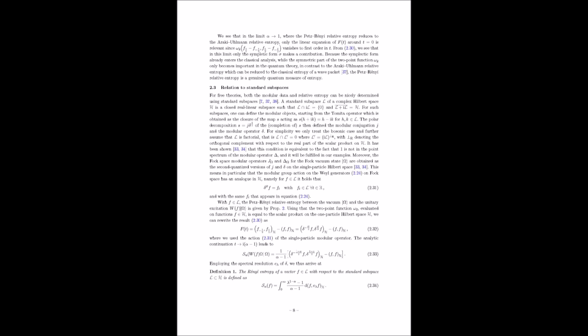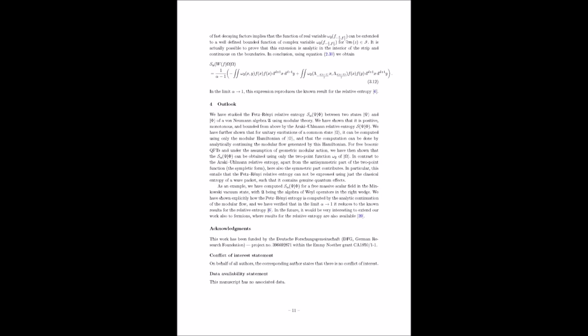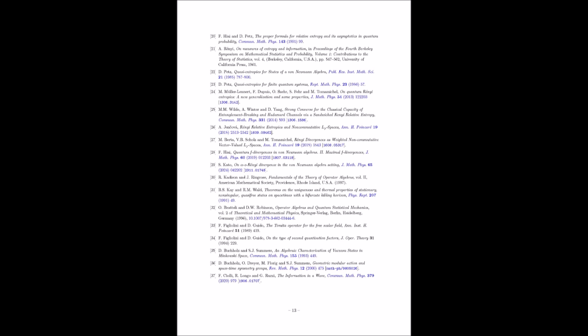The next crucial step is proving that Petz-Rényi relative entropy is always non-negative. Non-negative. And this is where convexity comes in. Convexity. I remember that from calculus. How does it apply here? So a convex function always curves upwards. Right. Equation 2.10 shows that a certain function related to the entropy has a second derivative that's less than or equal to 0. And that's actually the definition of a concave function, which is basically the opposite of a convex function. So they're proving concavity to indirectly show that the entropy itself can never be negative. That's it. Very clever. Each of those equations in this section builds on the one before it, adding another piece to the puzzle of understanding Petz-Rényi relative entropy.